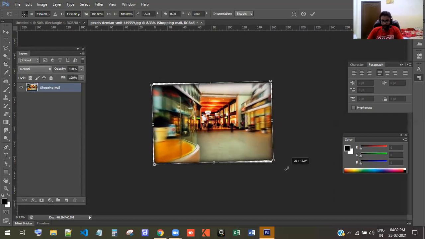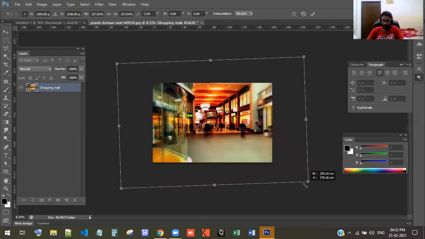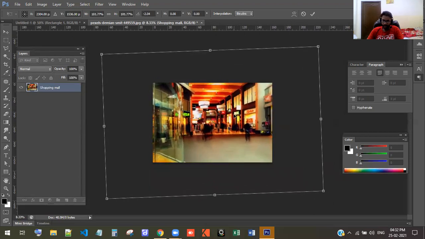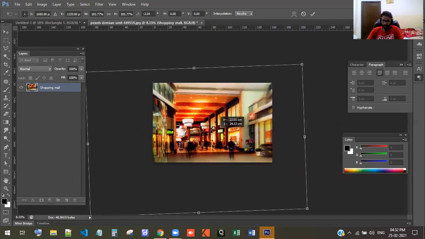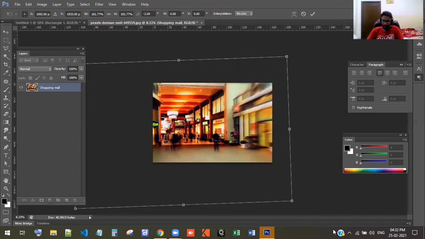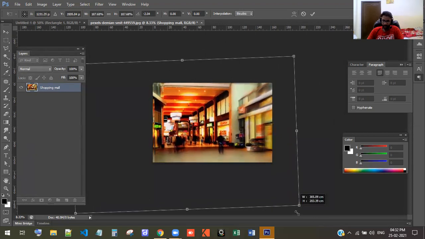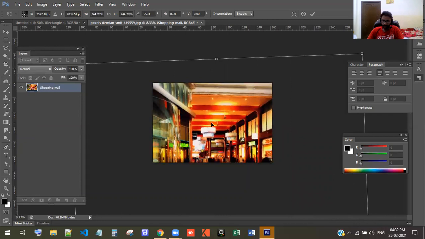First I need to straighten it, and now I'm holding my Alt and Shift keys, or the Shift key is enough. If I use Alt, both sides will be like this. Shift and Alt is height and width automatically adjusting. So look at this. If I'm holding my Shift key alone, then making it bigger,